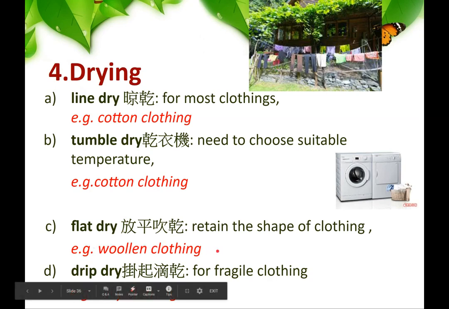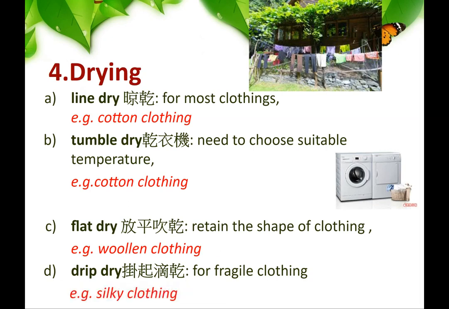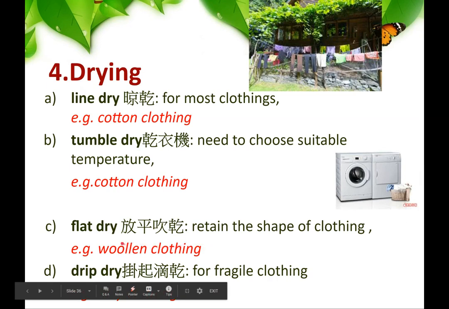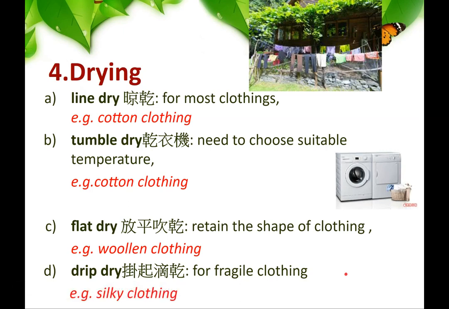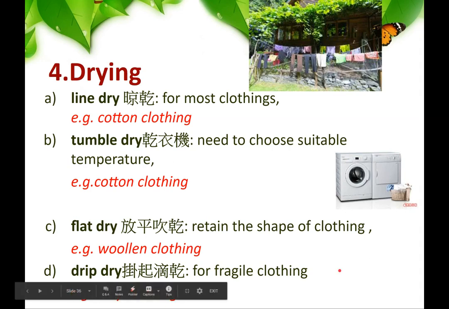Some clothes, the shape will be altered after washing. So we have to dry them flat, for example, woolen fabric. And the last one is drip dry. For flat dry clothing, we can't squeeze it, and so we use this drip dry method